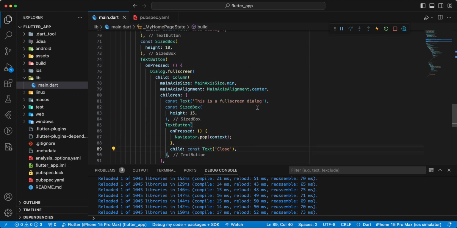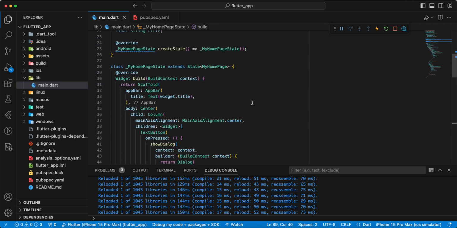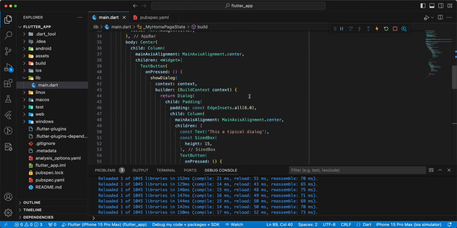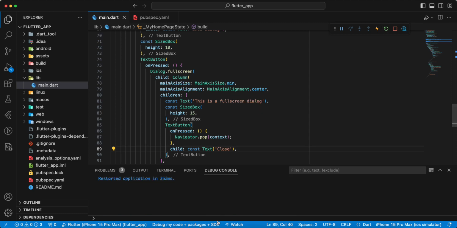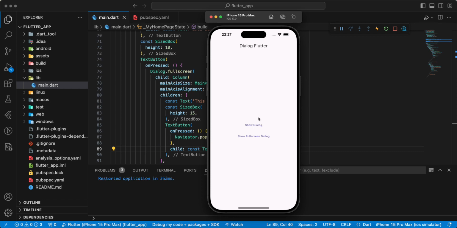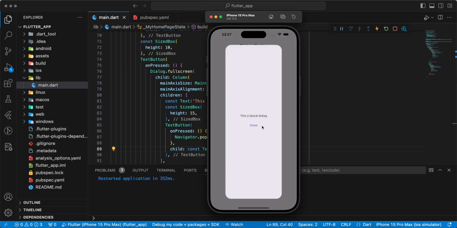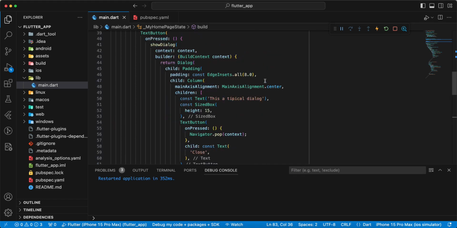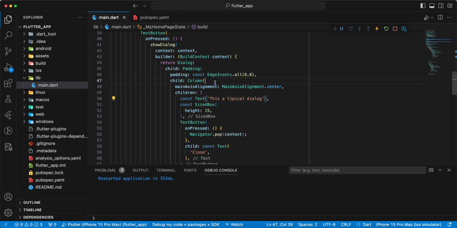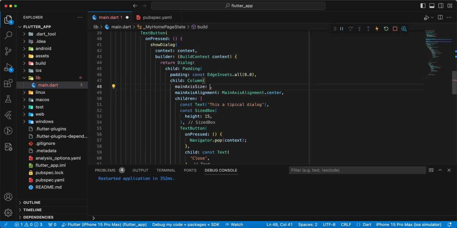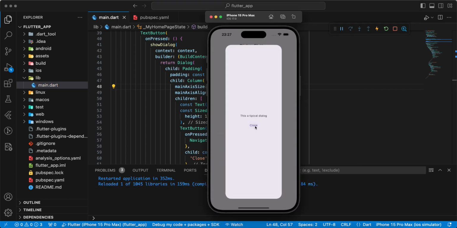And now we test how the dialog works, typical dialog and full screen dialog. Hot restart. Open show dialog and we can update the size, main axis size min, save, close,